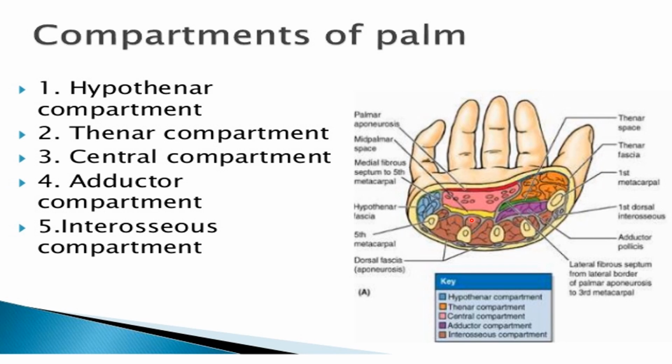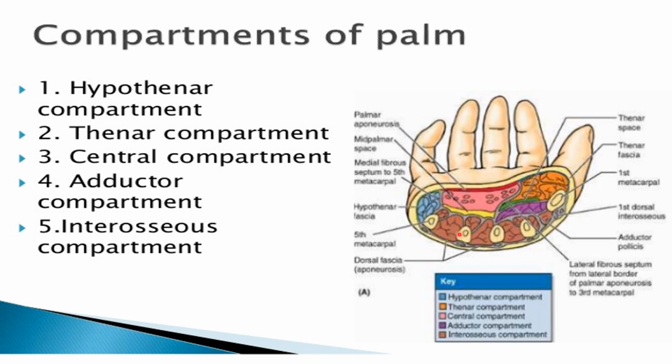At this stage, just memorize that these spaces are present between the flexor tendons and the fascia covering the deep palmar muscles. The spaces are bounded by the fibrous septa passing from the edges of the palmar aponeurosis to the metacarpals. Okay, so this is the thenar space and this is the mid-palmar space. Between the two spaces is the lateral fibrous septum that attaches from the lateral border of the palmar aponeurosis to the third metacarpal. And although all fascial compartments end at the joints, the mid-palmar space continues with the anterior compartment of the forearm via the carpal tunnel.